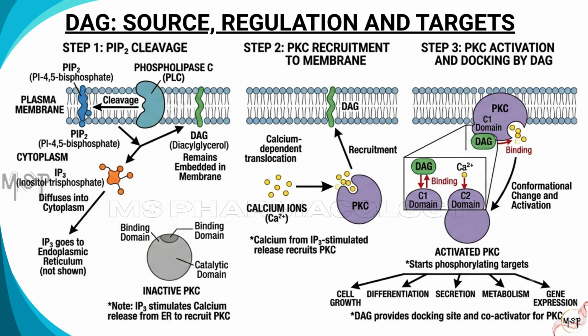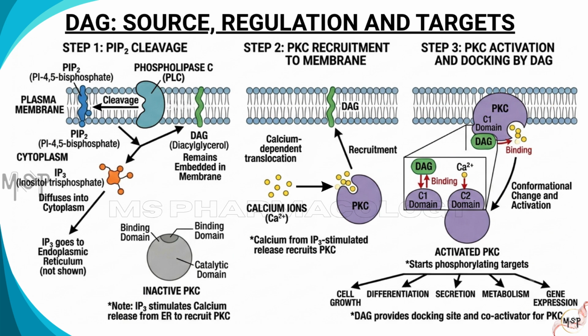Meanwhile, PKC exists in an inactive form within the cytoplasm. Following IP3-mediated calcium release from the endoplasmic reticulum, calcium helps recruit conventional PKC isoforms to the plasma membrane. PKC contains two important regulatory domains, a C1 domain that binds DAG and a C2 domain that binds calcium. Once PKC reaches the membrane, DAG binds to this C1 domain, anchoring PKC at the membrane and inducing conformational changes